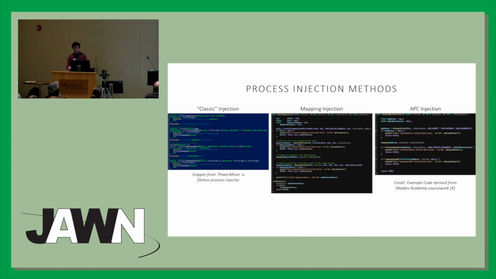First off, we're going to start with a classic sort of injection. Basically how this works is you use APIs like OpenProcess to open a handle to the target process, VirtualAllocEx to allocate memory in that process, and then we write our payload to that process's memory space. And then we execute it with CreateRemoteThread. These are super commonly used APIs, and they're widely detected, so I wouldn't recommend using this for